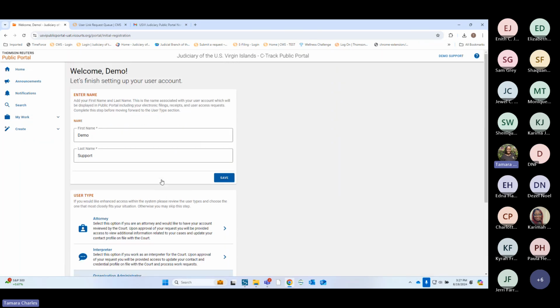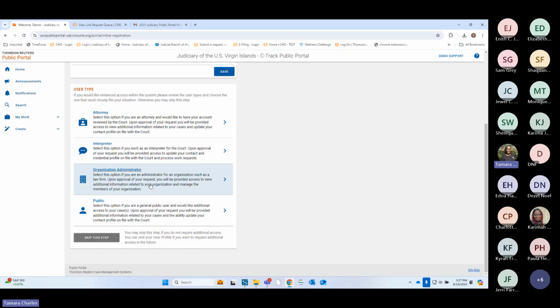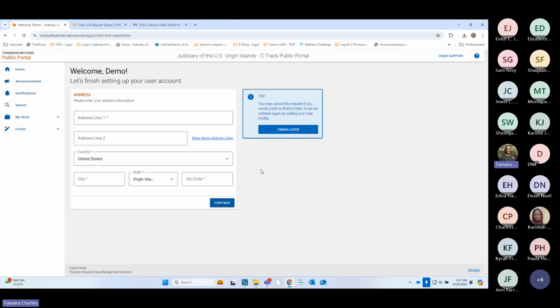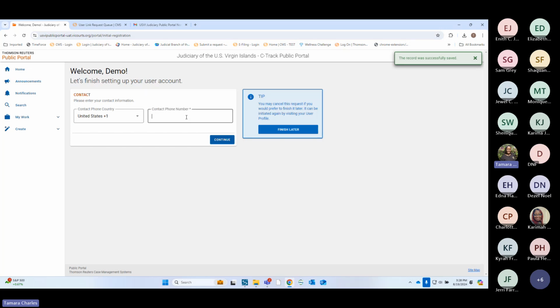So I am gonna go through and click that organization administrator just so that we could bypass the step. And if you notice, of course, there's a lot of messages that show up on the screen. I'm actually logged in here. This is supposed to be my first and last name, and it's just my first and last name. It doesn't say on behalf of or anything. We have not reached that step yet. So I'm just gonna put in the preliminary information.